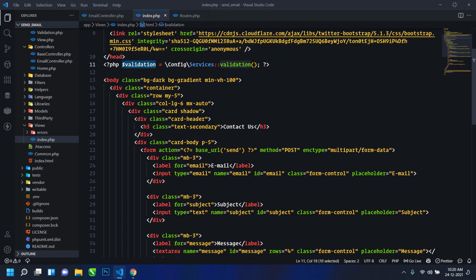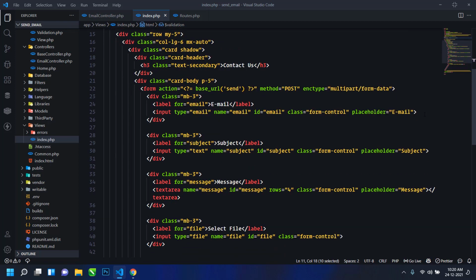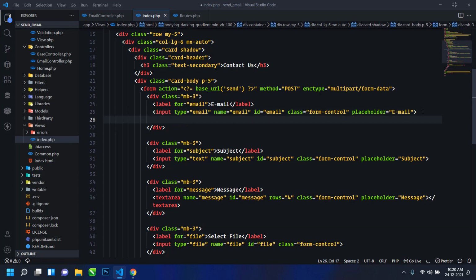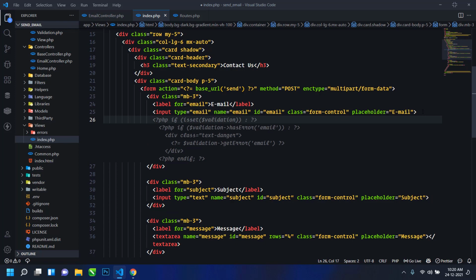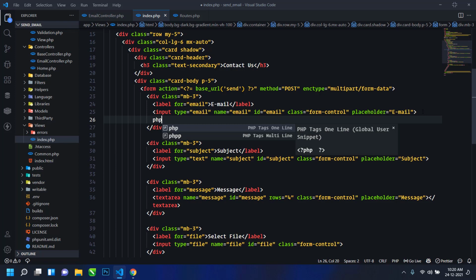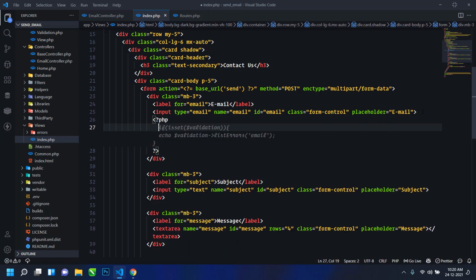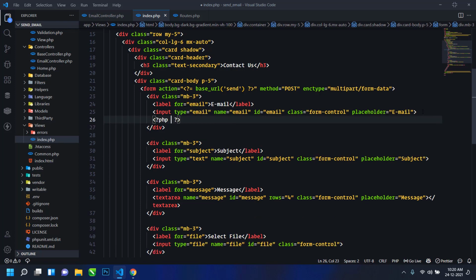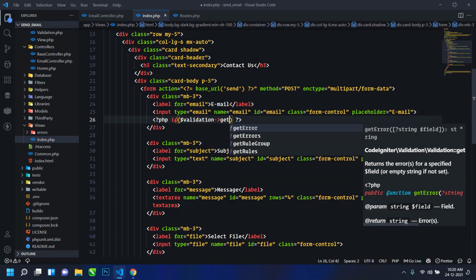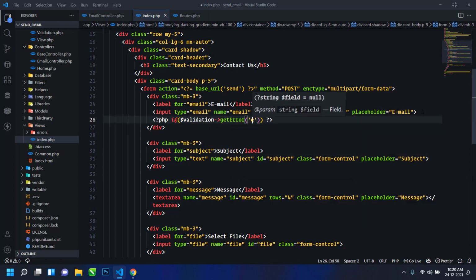Now next what I will do is, we will display the validation error message just below the input field. So here I will just use the php open and close tags, and first I will use an if statement, and then I will check if validation get error email.